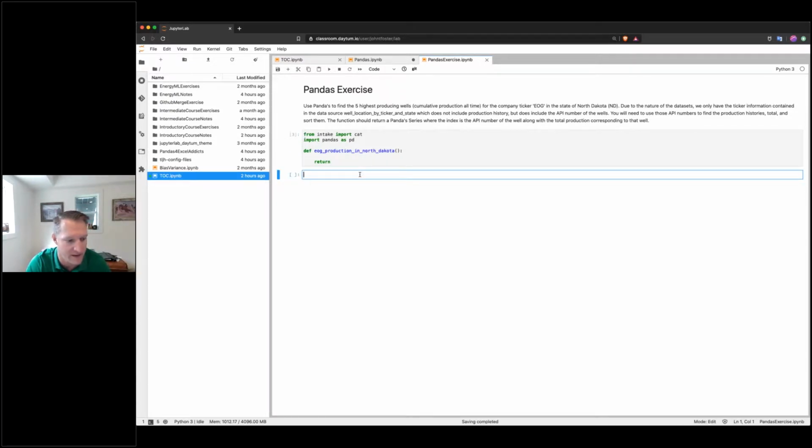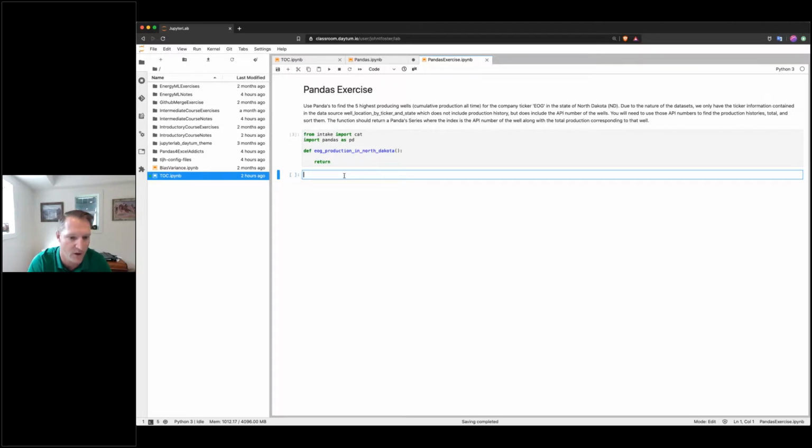We have a database that's similar to, if you're familiar with, say, Drilling Info or IHS Markit. We have an equivalent database, and we can pull data in real time from that database to help solve these problems.